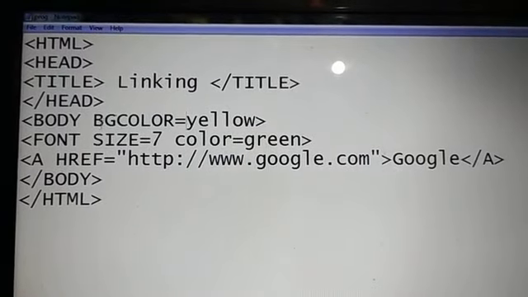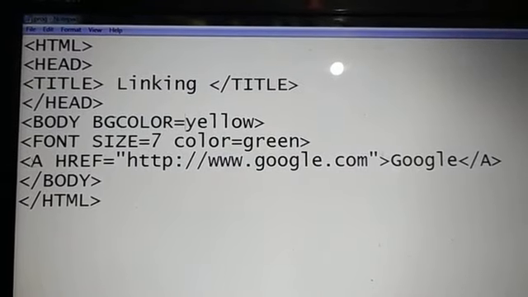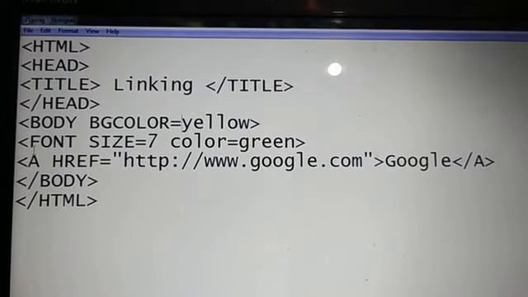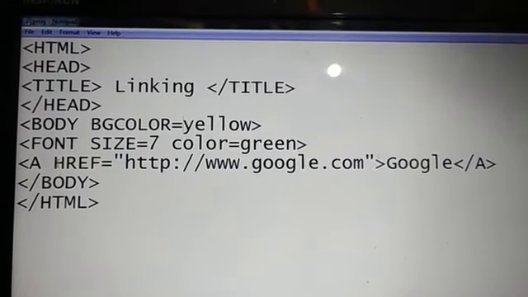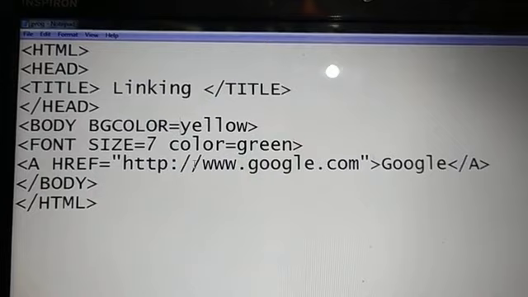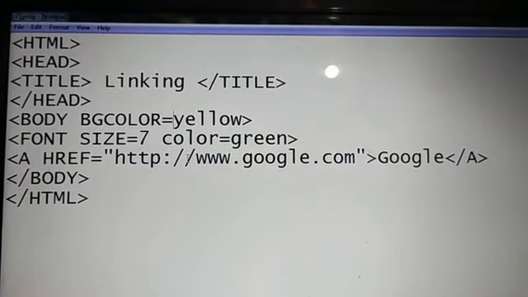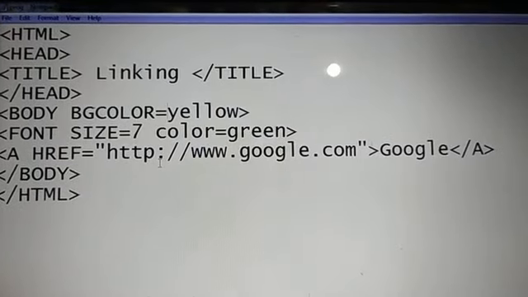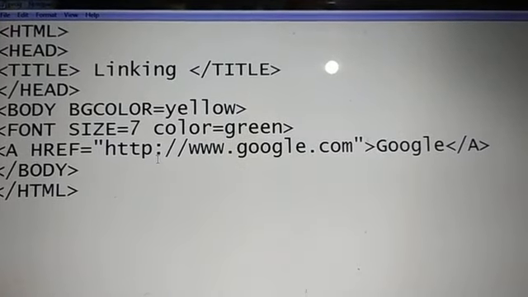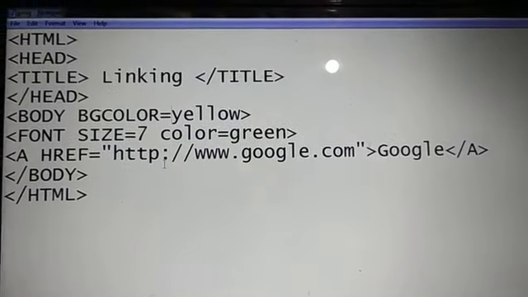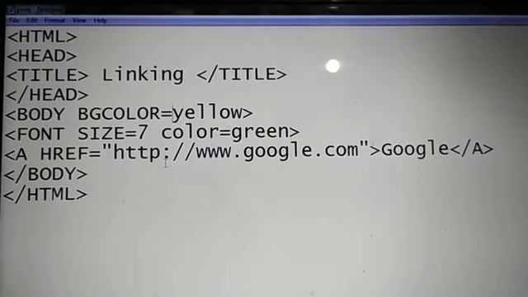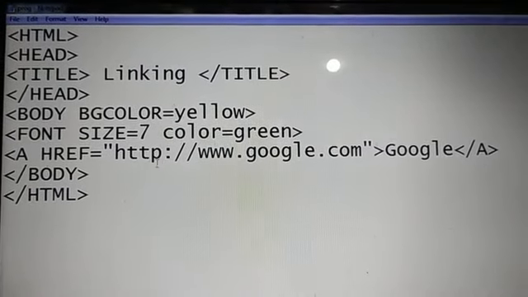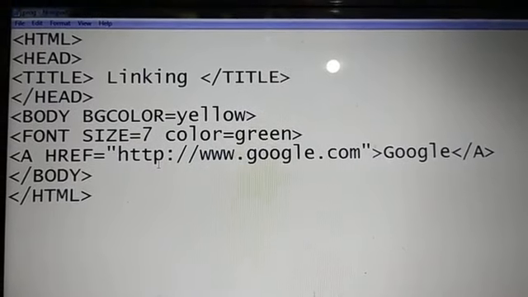Remember that this line is used for linking: a, then href, then give the address. Now remember that when you give the address of any website, make sure that your internet connection is working, then that website will open. If you don't have an internet connection, or if it is not working, then that website will not open.